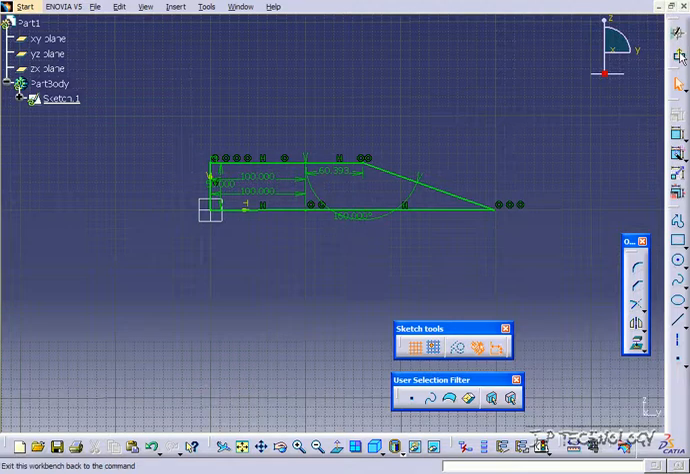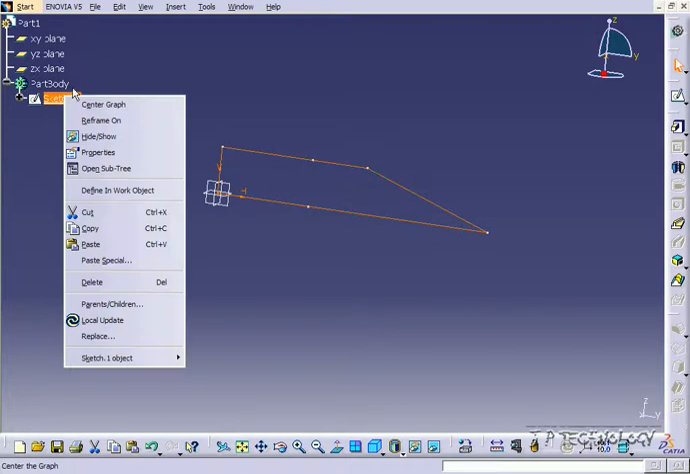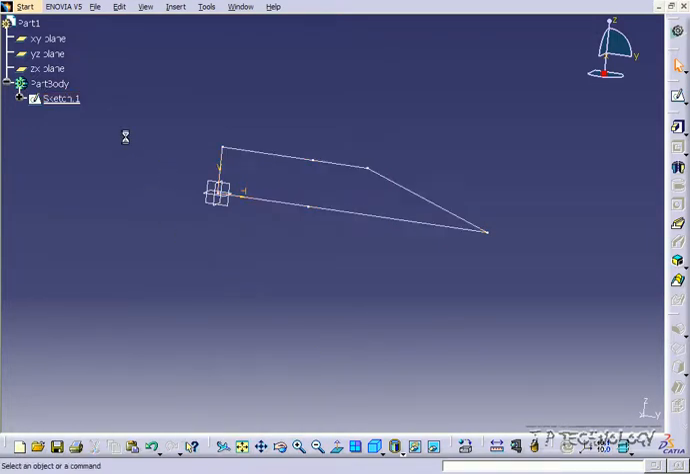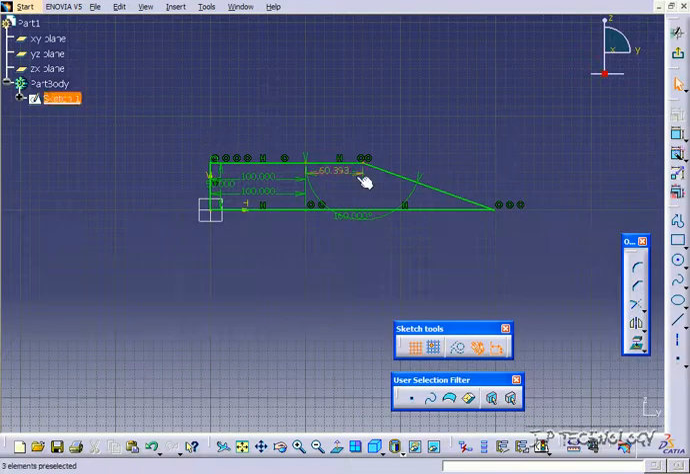Now we can exit this sketch and we can do what we want with it. Everything's fully parameterized. It's how we want it, and there's no way to adjust it further. So let's go back into the sketch one more time. We can go Edit, or a quicker way, just to show you, you can just double click and it'll bring you right into the sketch. Now let's delete all of the